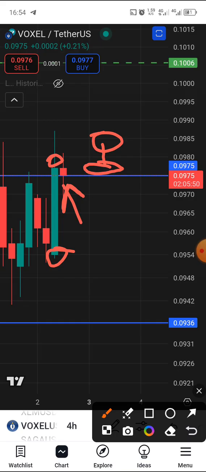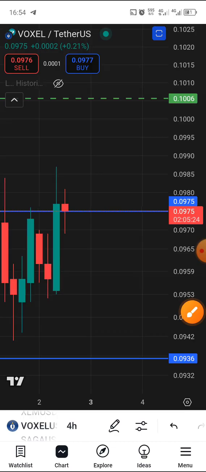Don't mind whether it is a bearish candle or a bullish candle, provided it opens and closes above your line. So that qualifies to be what we call the confirmation. And the moment that candle closes, then you can enter from where it has closed, then take your profit to your resistance. Like in this case here,